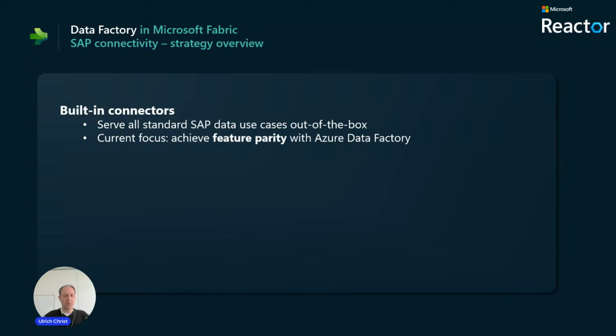So we are working to basically bring connectivity into Fabric, which allows you to integrate SAP data for, let's say, all the standard use cases, whatever standard means, and I'll allude to that in a little bit. The current focus we have for that is, if you're familiar with the overall Microsoft data integration portfolio, especially with Azure Data Factory, where we have a lot of SAP connectivity, our focus is to achieve feature parity with Azure Data Factory. Right? So all the connectors which you know from ADF, we're currently working to bring into